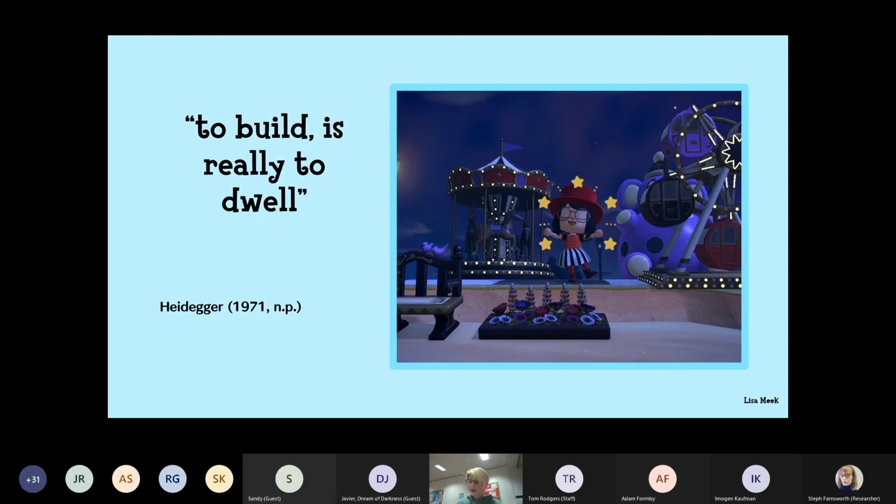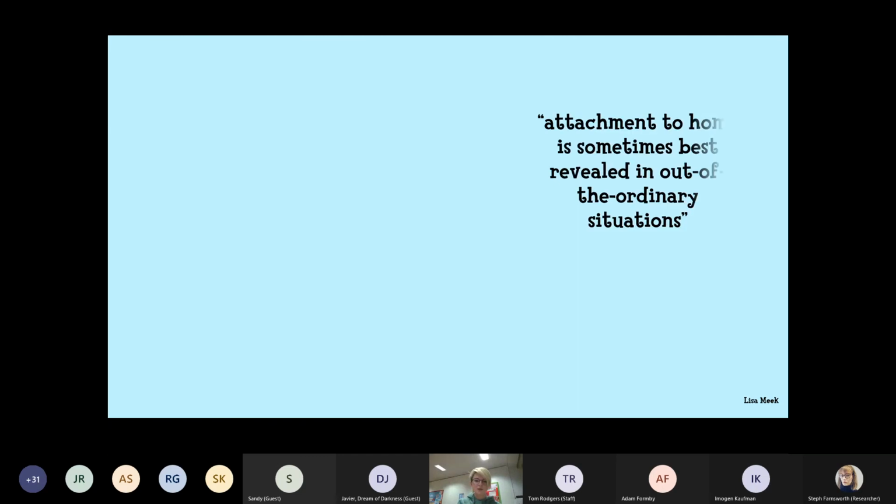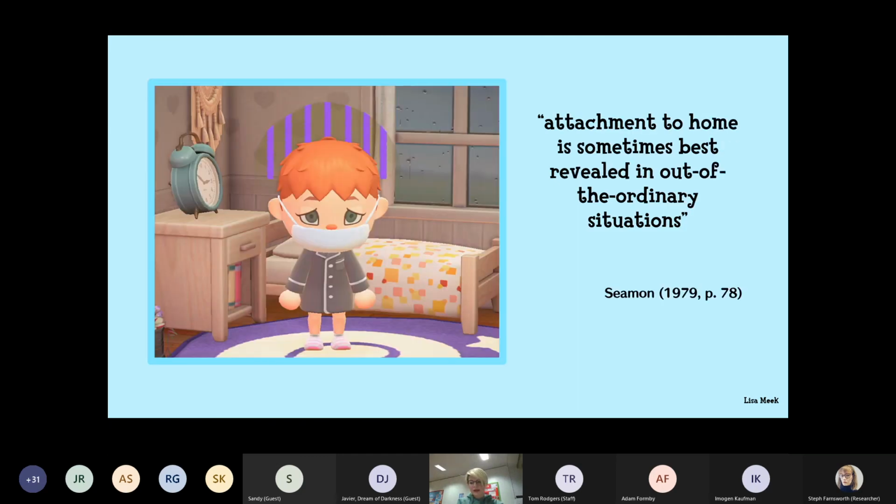And this leads on quite nicely to my last point, which is this lovely quote by David Seamon, that the attachment to home is sometimes best revealed in out of the ordinary situations. What better out of the ordinary situation do we have than the global pandemic that we've all lived through and are all living through, where people were isolated from their friends and families and forced into the home. Not only did we turn to